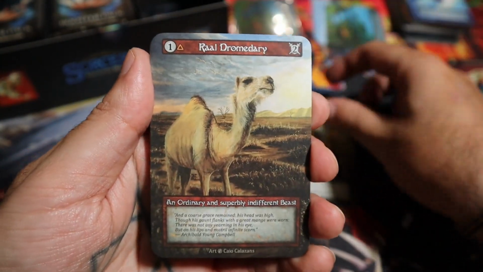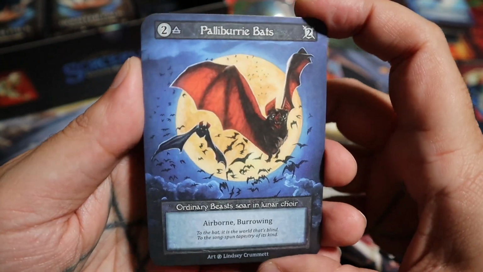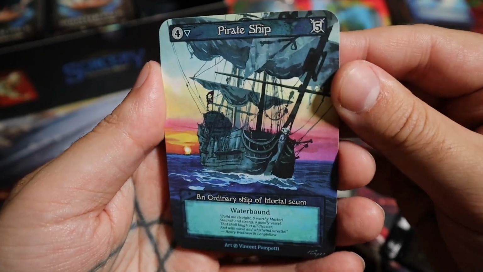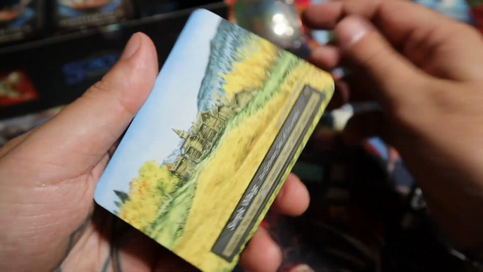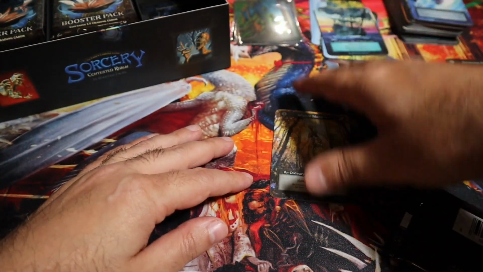So we have the Wicker, we have a Camel, and we have this really cool art. I wanted to show this. We got some bats, you know, Austin, that's kind of our thing. And look at this pirate ship. Like, look at the way the sky's colored. It's so awesome. It's beautiful. And then there's our land. I guess I just picked up some random cards that were already under me, but